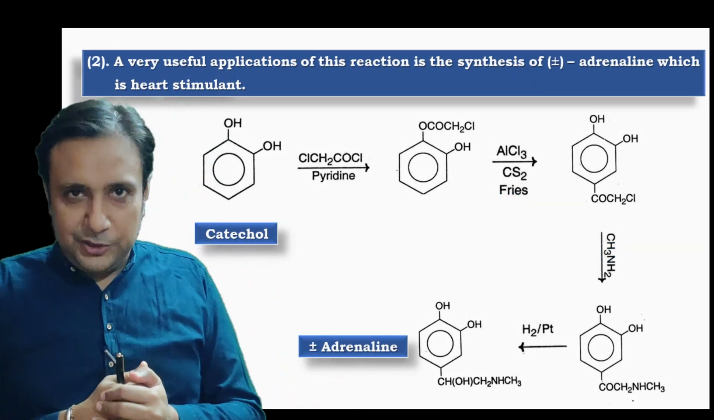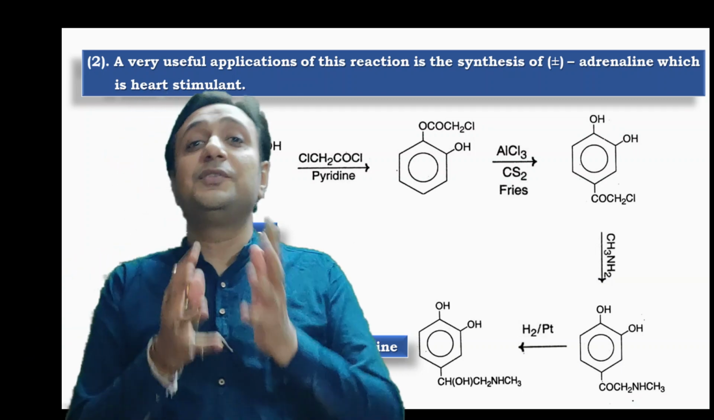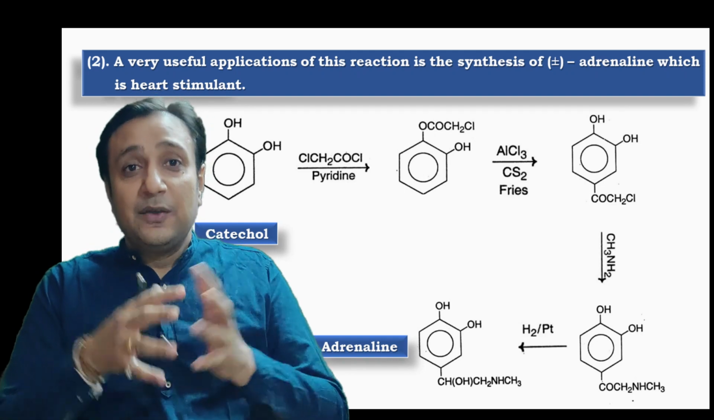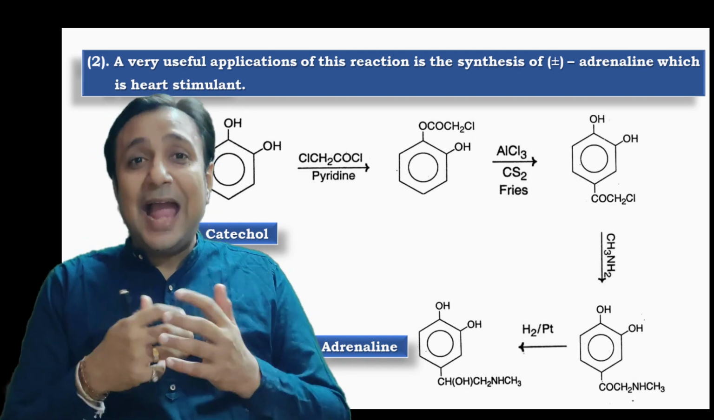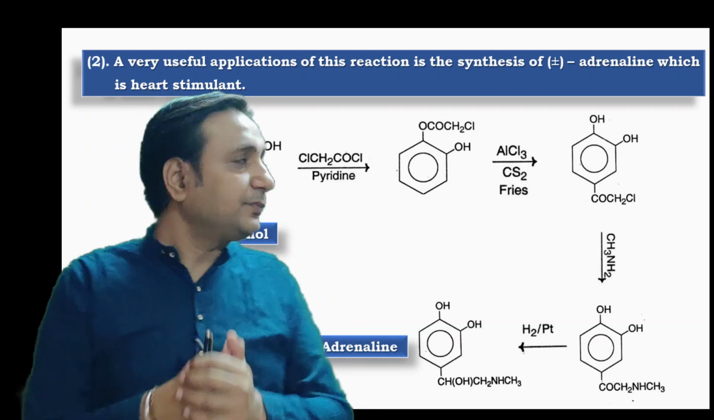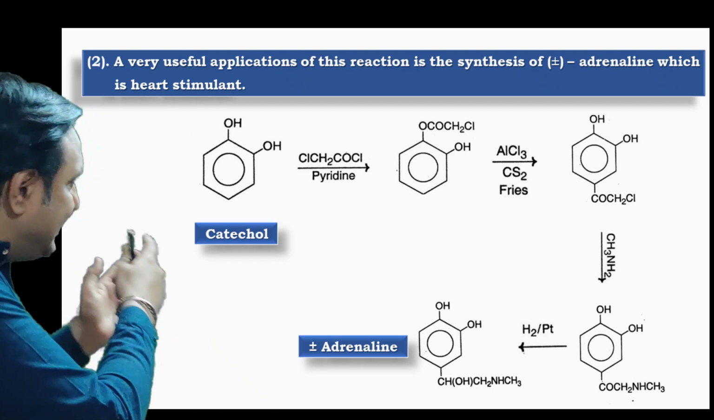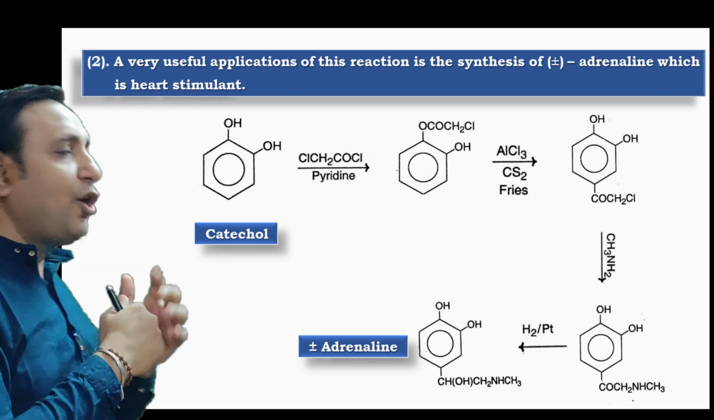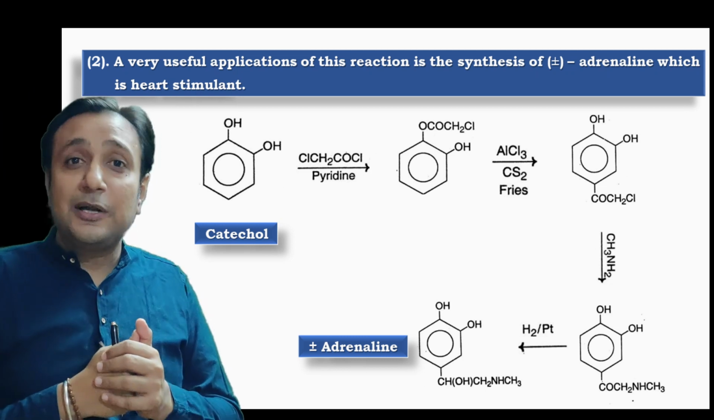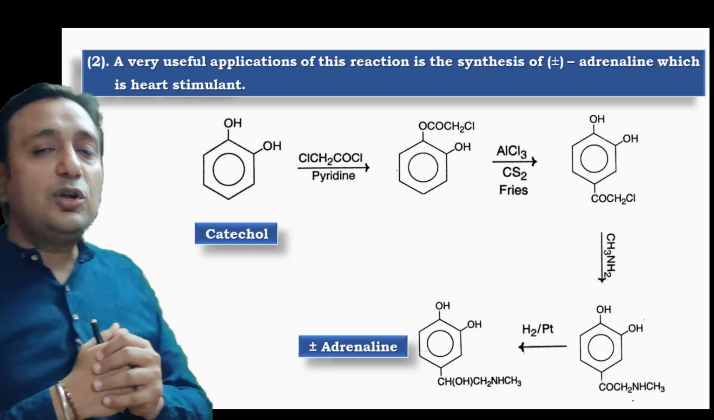Now, the second application is the most important application of Fries rearrangement. By using Fries rearrangement, we can produce adrenaline, which is used in the treatment of heart disease. The reaction is given on your screen. In this reaction, catechol, when reacted with chloroacetyl chloride in the presence of pyridine base, is converted into